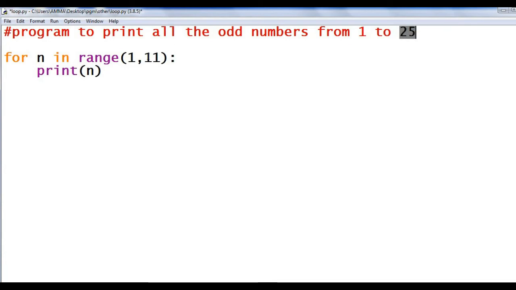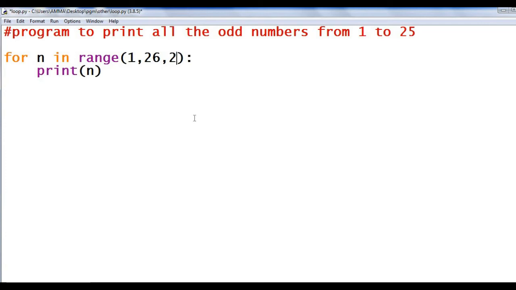So what do you have to give here? 26. Okay. Then we need only the odd numbers. That is after 1, what you need? 3 only. After 3, 5. That is after 1, skip by 2. You will get 3. Then again skip by 2. You will get 5. So here after this stop value, you have to specify the skip value as 2.